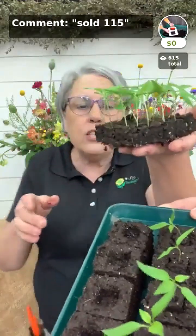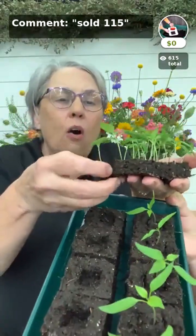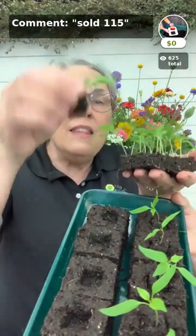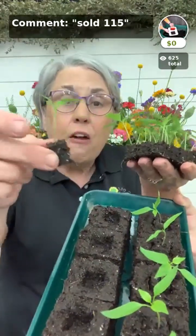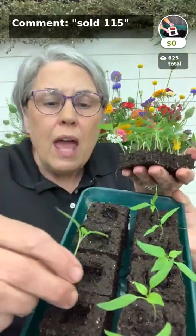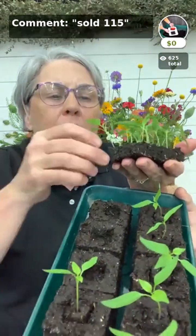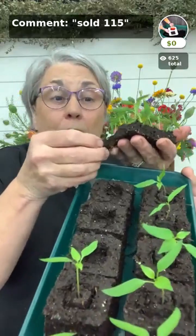I'm just gonna lift up, even though I don't need all of them, I just pick up the entire cluster of 20, and then literally I am just breaking off. And this, by the way, is the perfect size for potting up. See, it's not got an enormous root, but see that great little root? And I am just gonna drop it down into that hole, snug it down, and y'all, that is potting up,